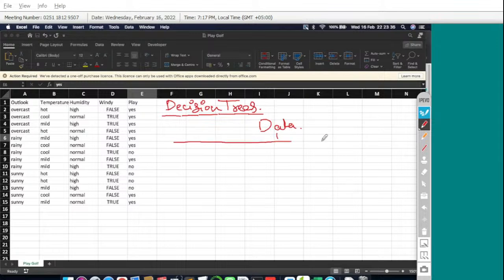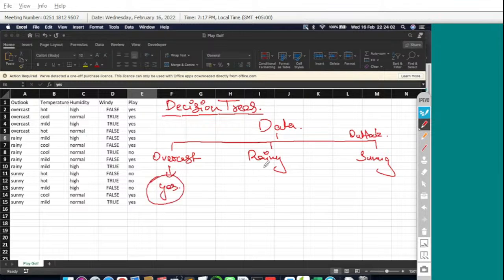Let me divide the data with respect to the outlook. In outlook we have overcast, rainy, and sunny, right? This was on outlook. Now in overcast we are playing, and we can terminate the tree right here. In rainy, we need to check windy. False or